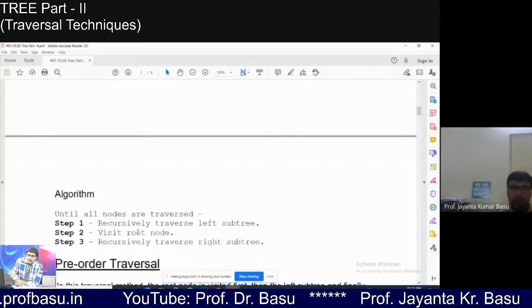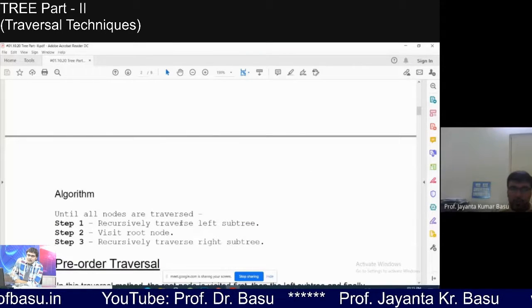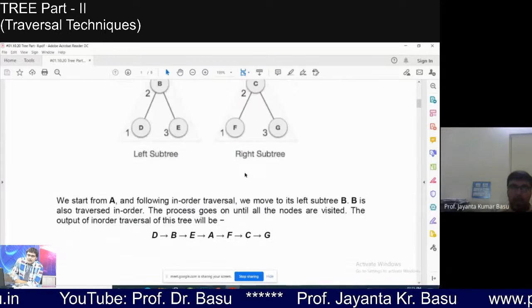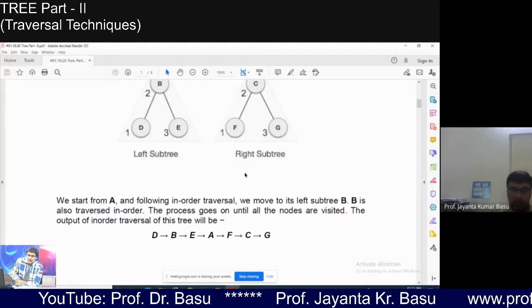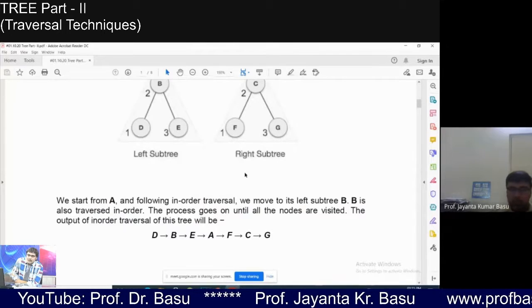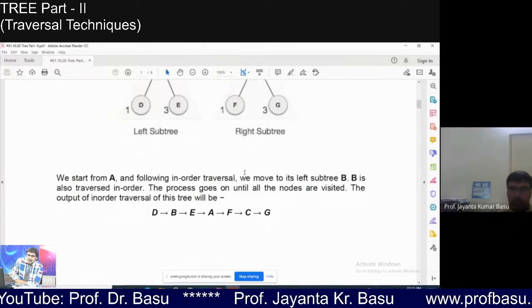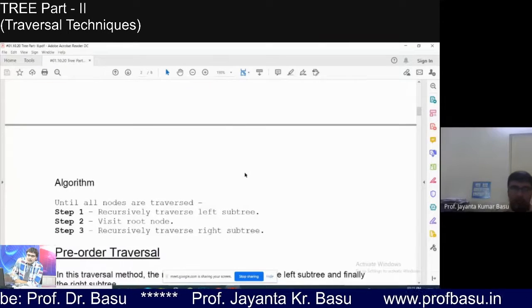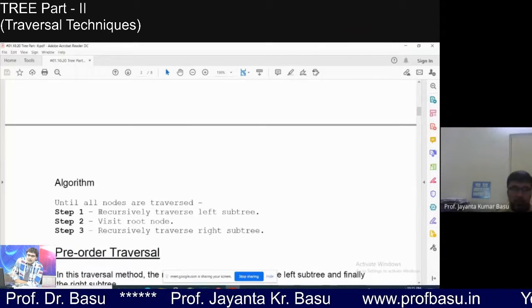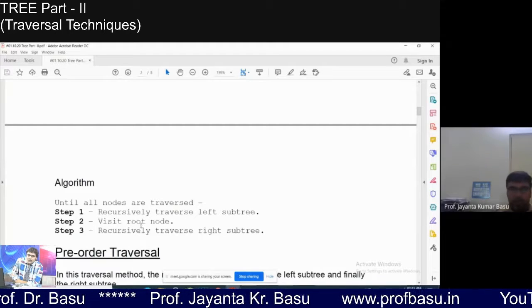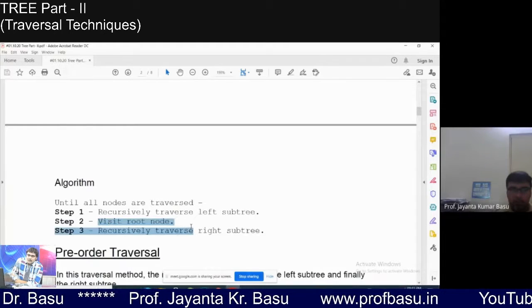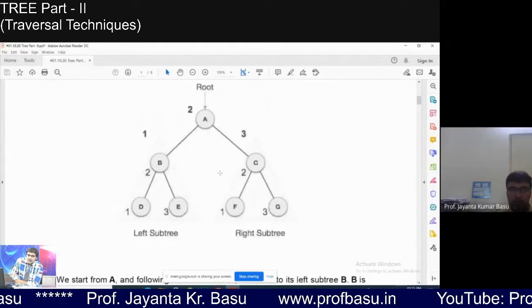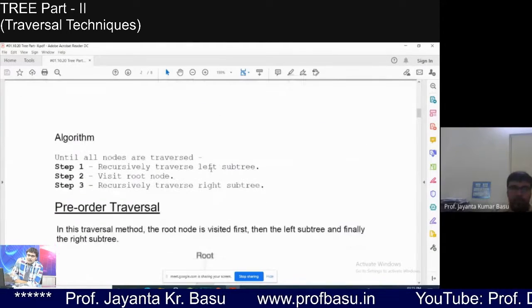I will take a separate class on recursion in data structures, where we will study in detail the characteristics of recursive functions. So: recursively traverse the left subtree, then visit the root node, then recursively traverse the right subtree. Very easy. This is the algorithm.